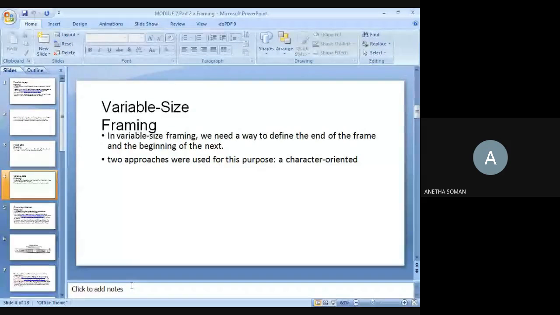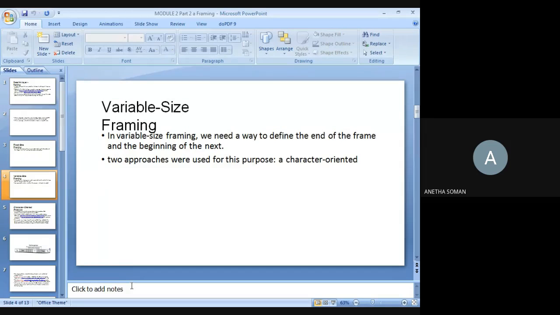Now, the second category is the variable size framing. Variable size framing means you should know where a frame ends and where the next frame starts. So you need a way to define the end of the frame and the beginning of the next. If you want to distinguish the starting of the frame as well as the ending of a frame, you can have two different approaches.